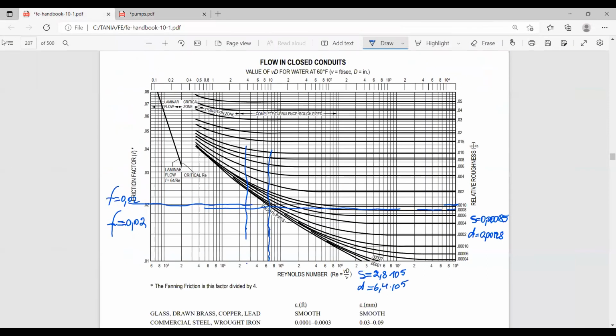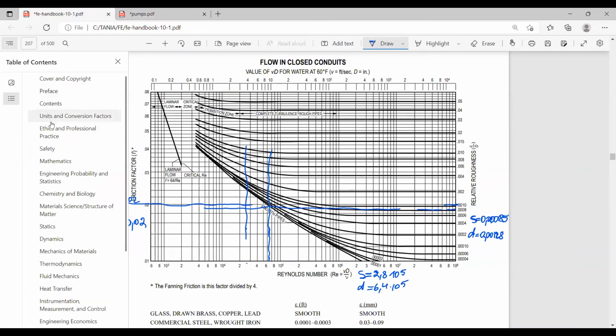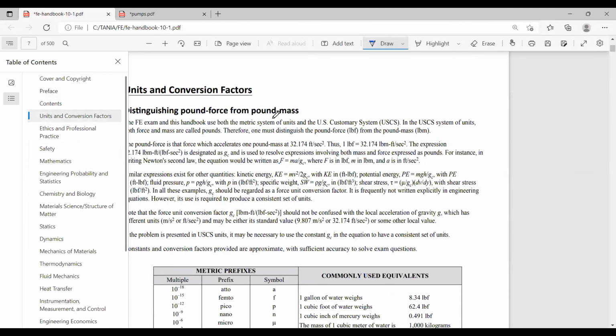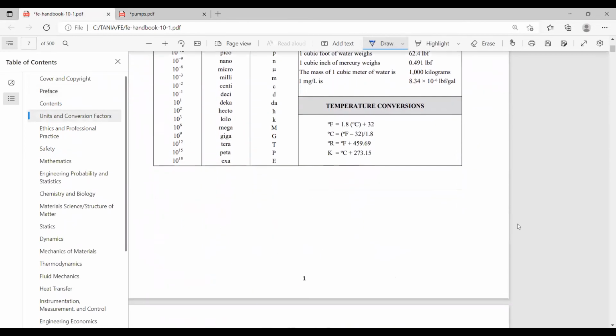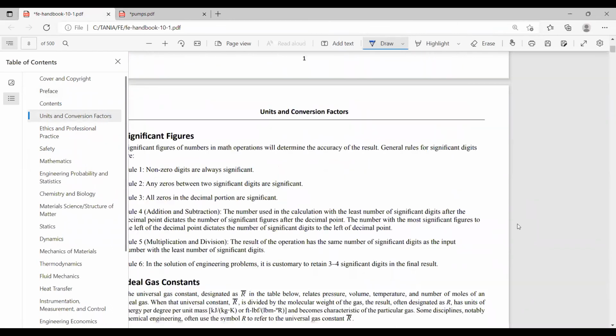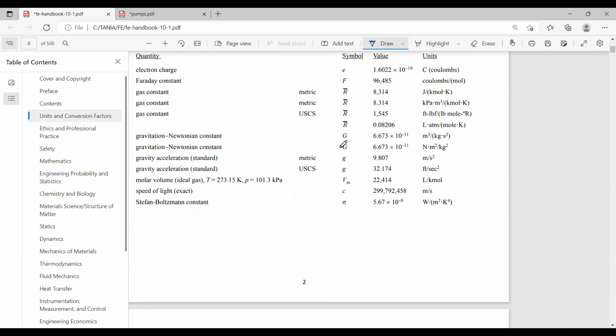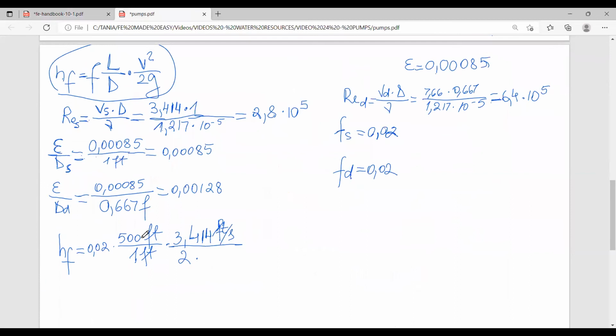Let's go to the FE handbook. Let's say you don't know how much gravity acceleration is. Let's go to units and page down. Let's go one more page down. And here we have in metric and US units, and gravity here is 32.174, and we round it up to 32.2. And plus, we have to add the discharge head loss, which is going to be 0.02